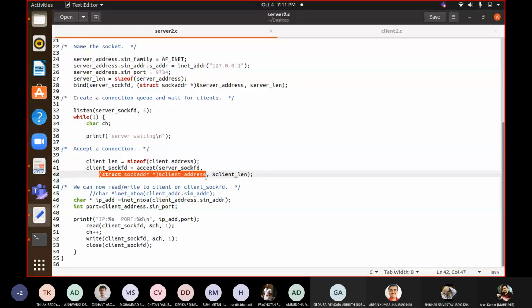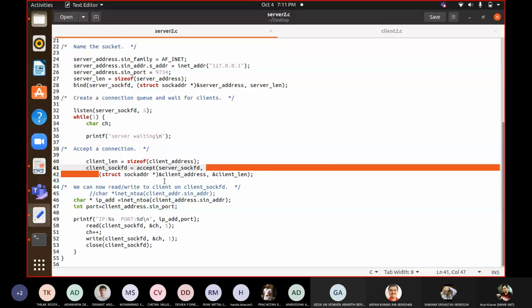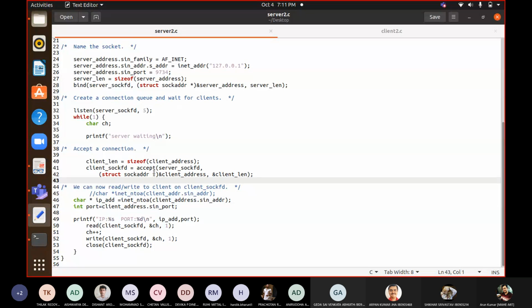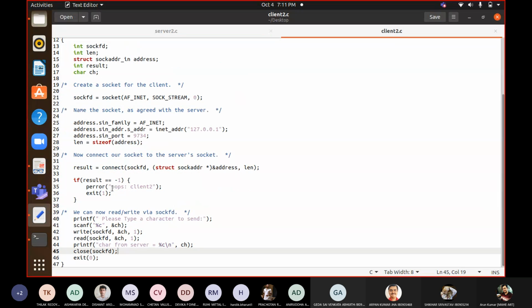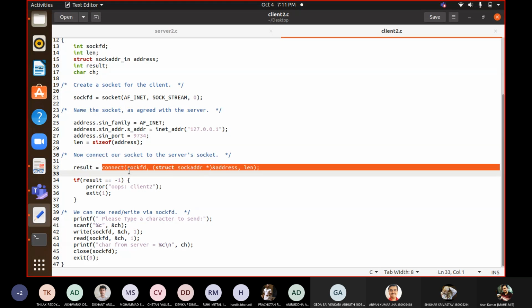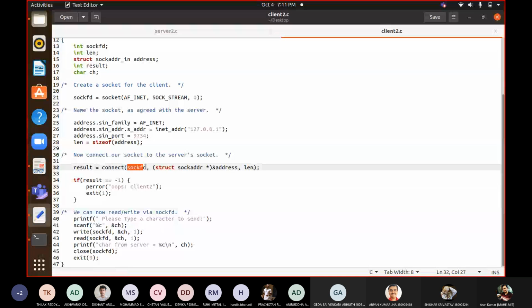So this accept is with respect to the connection. At the client side, you are invoking this connection. After invocation of this connection, and when it would be interfaced by the accept system call at the server end, because here you are sharing the socket FID, that is the client side socket FID. So using this, your server would come to know what your client side address is, and then it will point to that. And then finally the address length. So this is the size of client address.